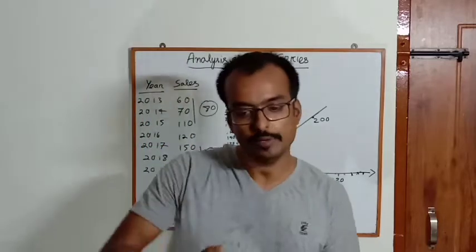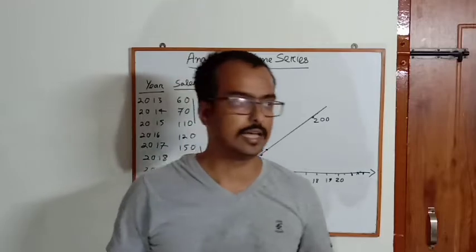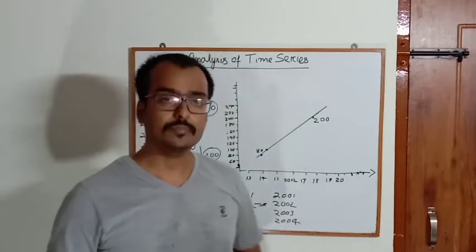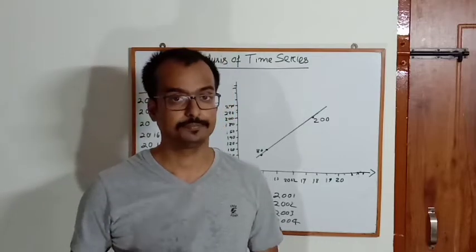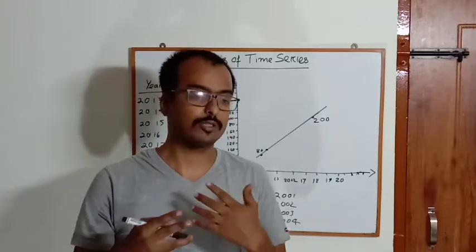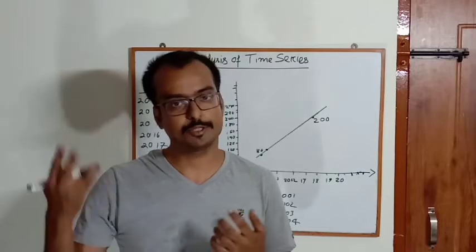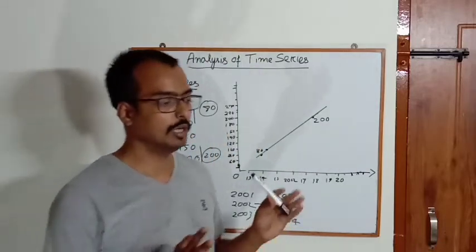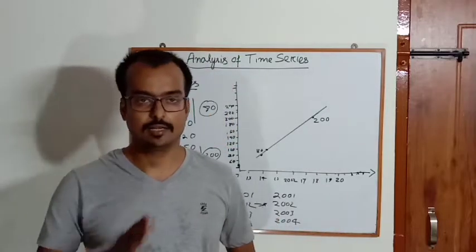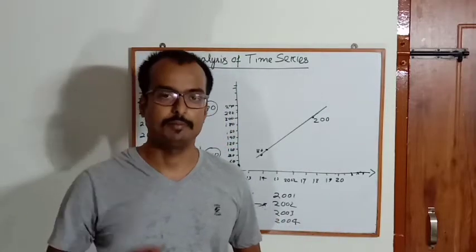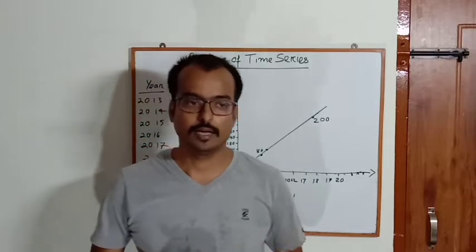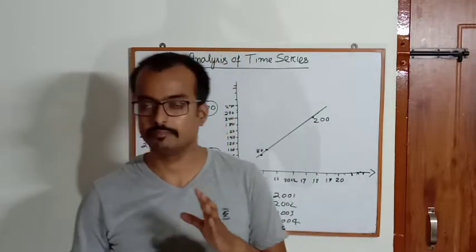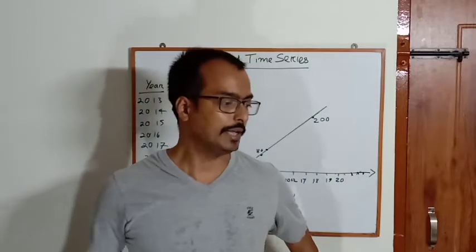So how to improve from this? For this, we can go for method of moving average, and there also we will be getting some problem. The best will be least square method. Least square method will be helpful to eliminate most of the defects, and it will be more acceptable. We'll be coming with method of moving average and method of least square in our next part.